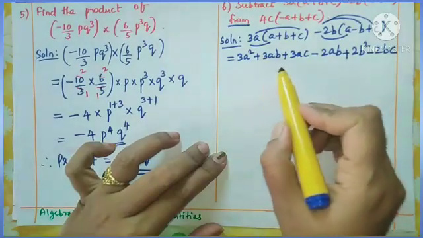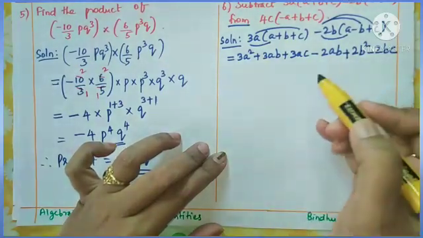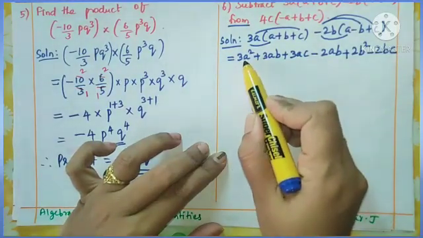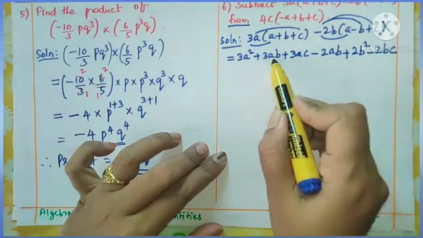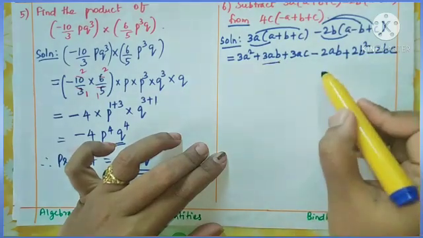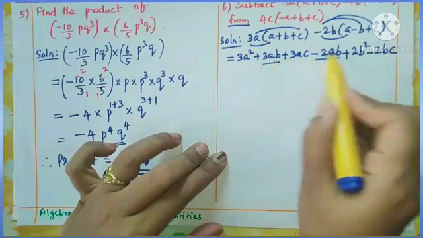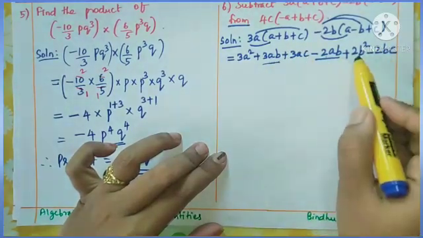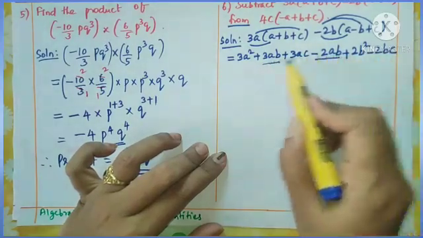Now you see whether any like terms are present, then we can make it more simplified. So here a square is the variable, any other a square? No. Then the ab term, yes, here one ab is there, 3ab, and here one ab term, minus 2ab. So these two we can combine. And the ac term, no other term. b square also no, bc also no. So only these two are like terms we can collect.